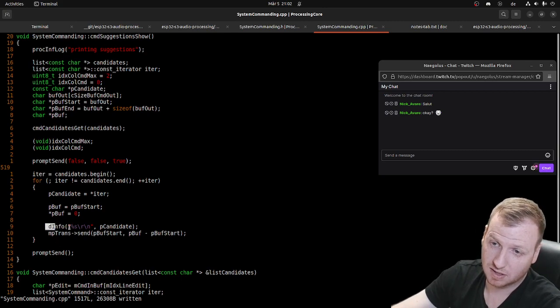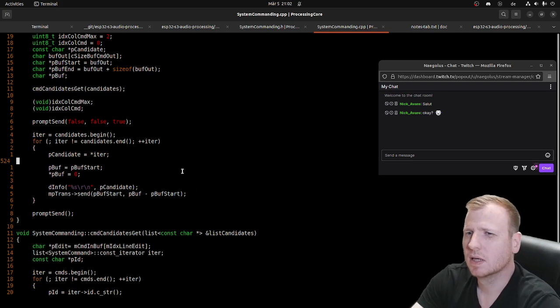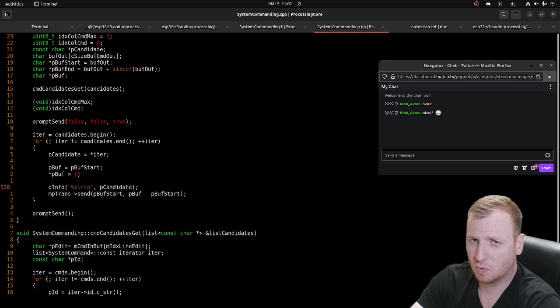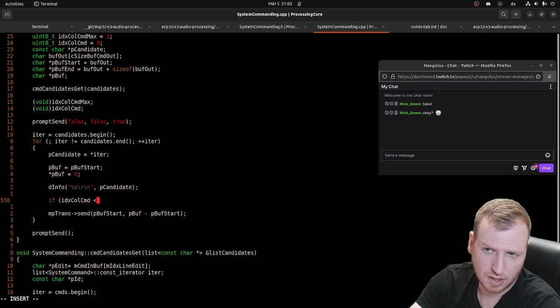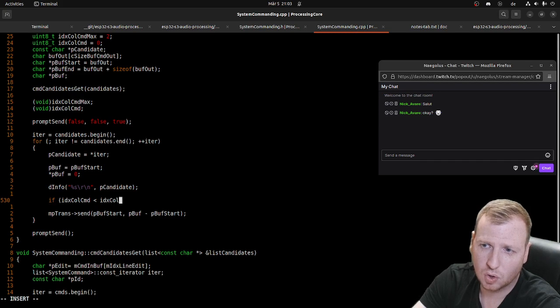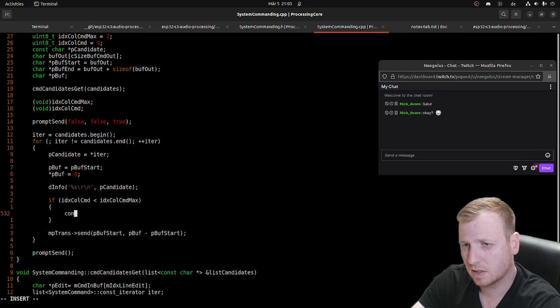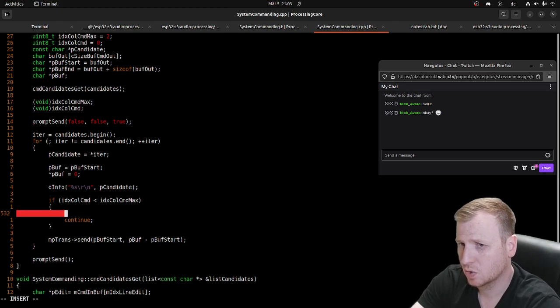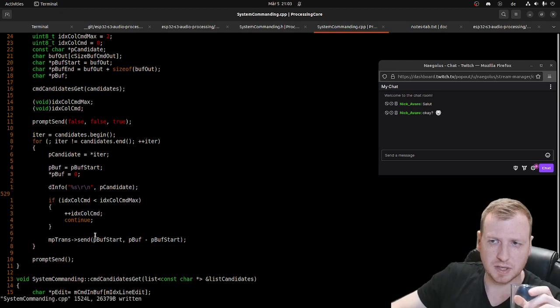So this is not quite working, but we go through all candidates and we say the current command is this, and then we say if the column index of the command is smaller than call command max, then we say continue, and we say plus plus. So we are sending only in the case